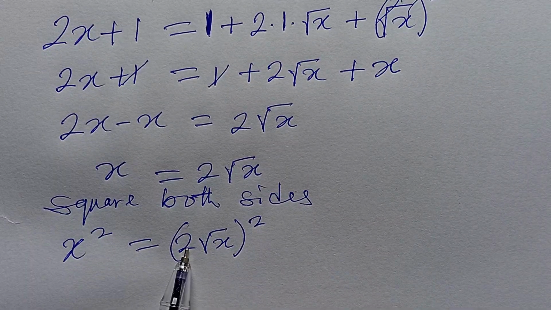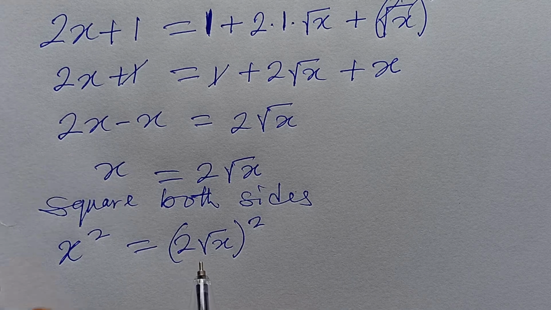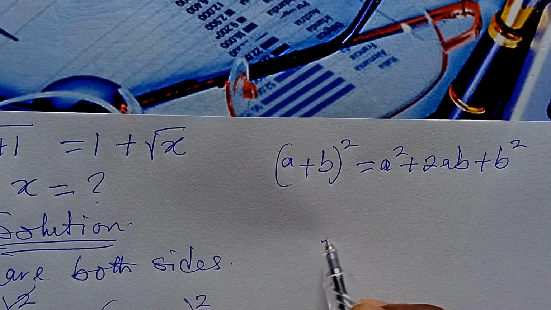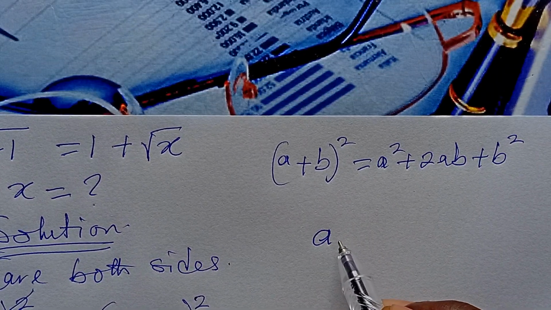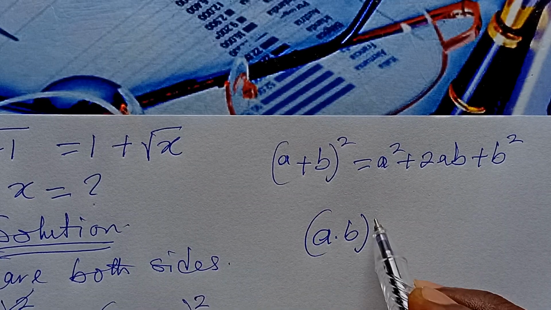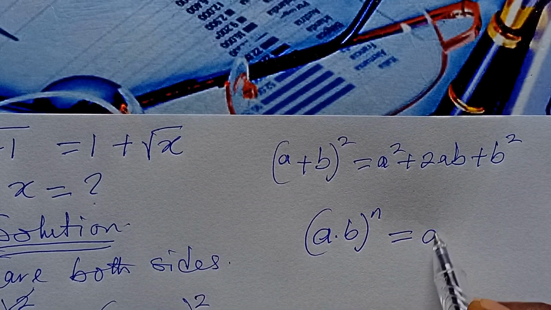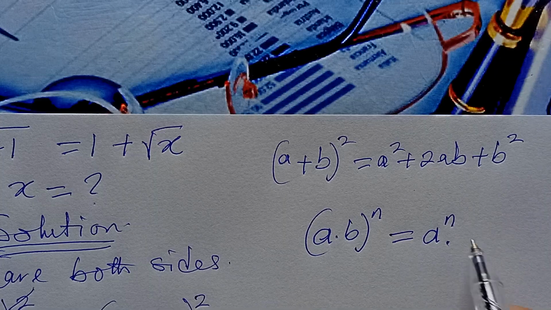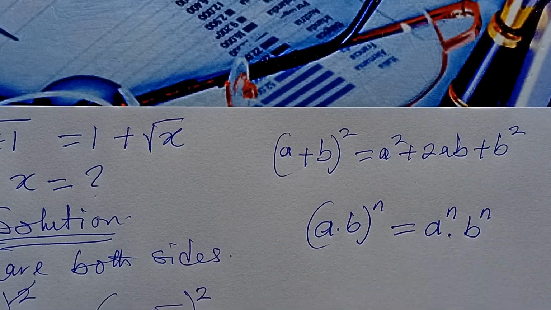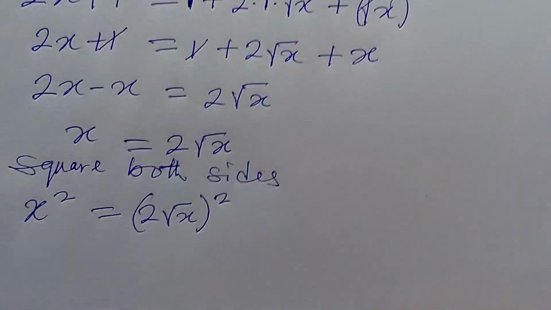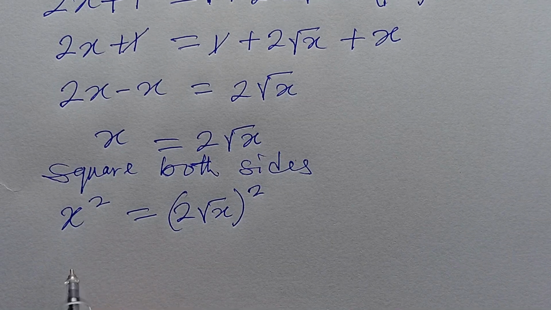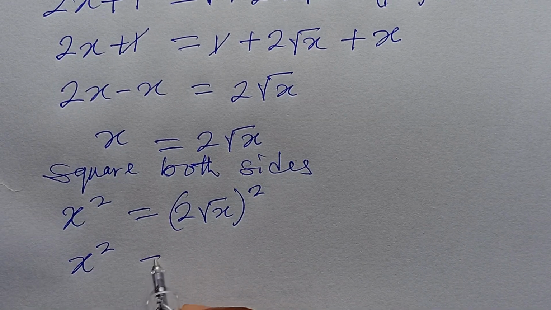This square will affect everything here. Applying the law, which says that a times b all raised to the power of n is same thing as a to the power of n times b to the power of n. So if we apply this law, then we're going to have here our x squared is equal to